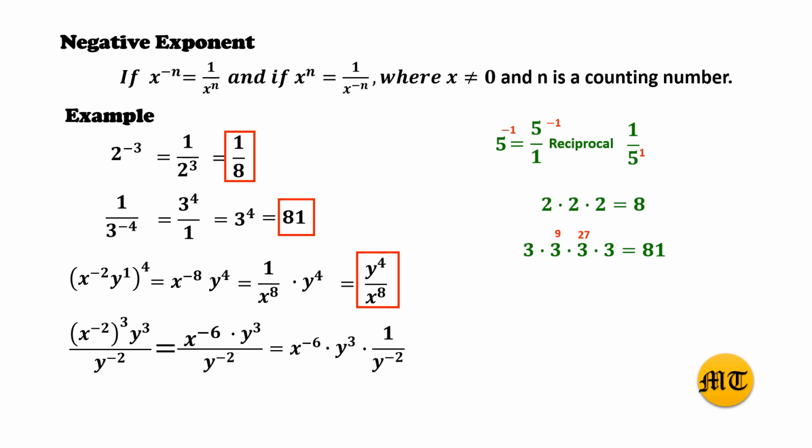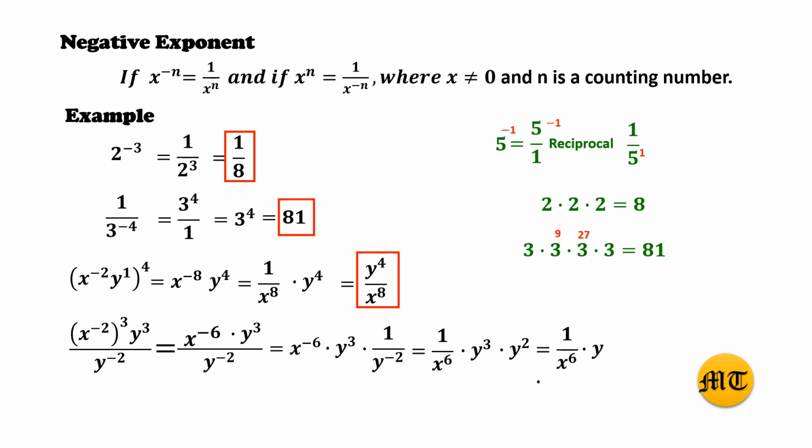So, we have x raised to -6, multiplied by y raised to 3, and multiplied by 1 over y raised to -2. Let us simplify x raised to -6. Then, it becomes 1 over x raised to positive 6, multiplied by y cubed, multiplied by the reciprocal of 1 over y raised to -2, which is simply y squared. Then, we have 1 over x raised to 6, multiplied by